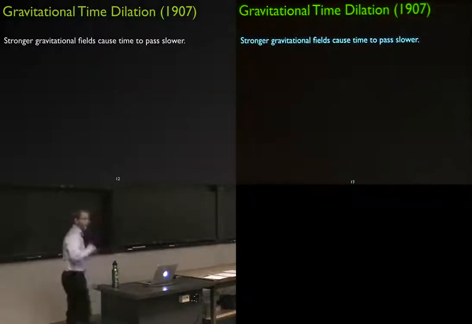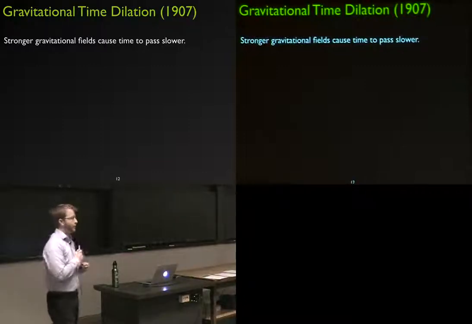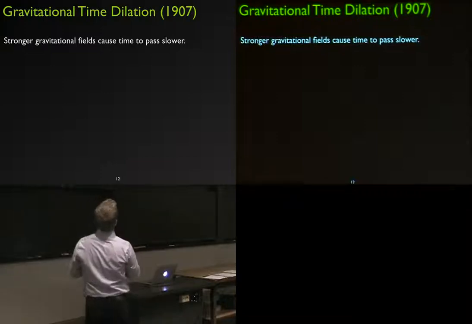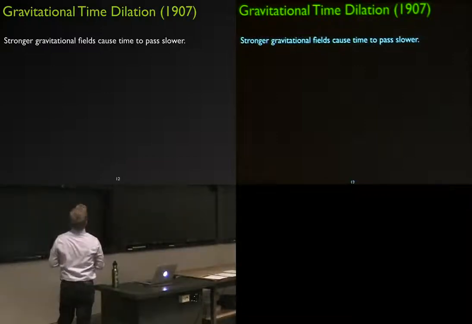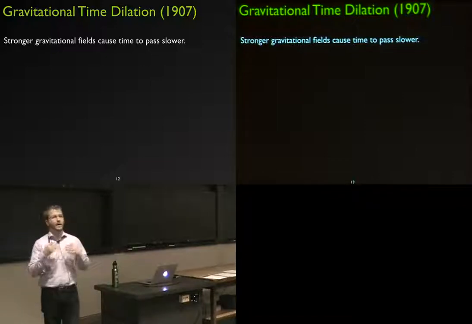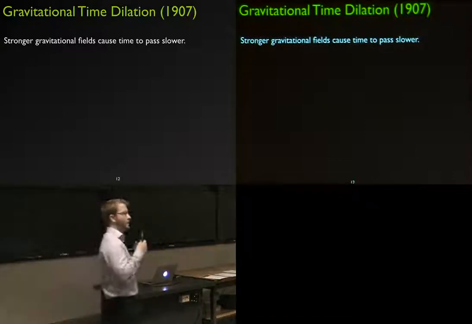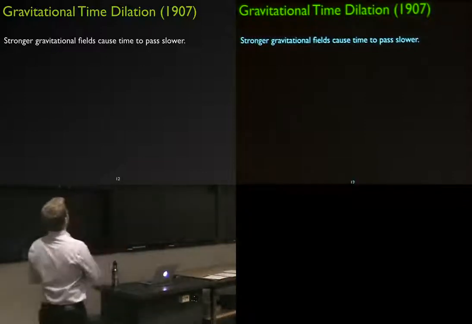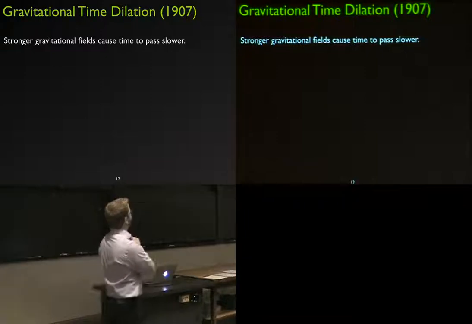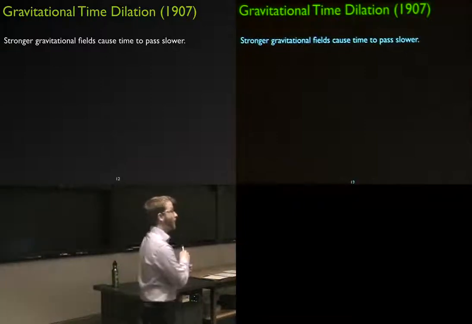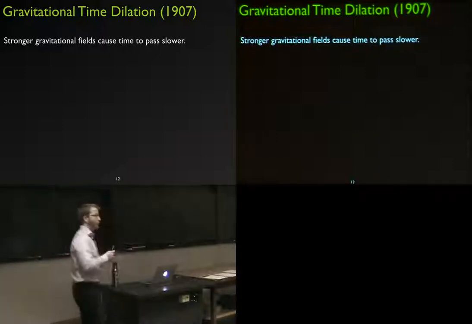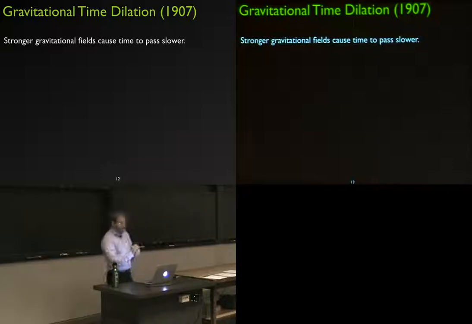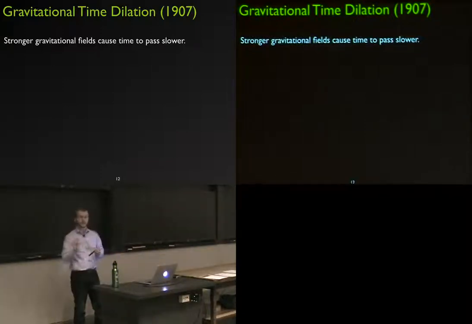Okay, so that first bullet point that I mentioned, the first paper of Einstein's after special relativity in this realm of physics, was talking about, in part, gravitational time dilation. Special relativity put forward this concept of time dilation that was due to things moving close to the speed of light. In 1907, Einstein made for the first time this claim that time dilation also happens due to gravity, and that time will pass faster or slower for people in different strengths of a gravitational field. Particularly, strong gravitational fields will make time pass slower.